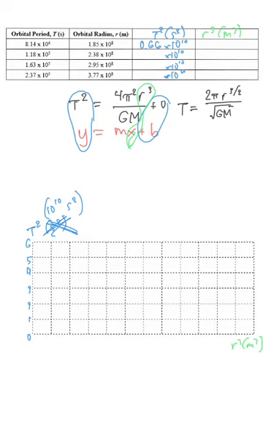The same thing happens with the r when you cube it. For the first value right here, you're going to get about 6.3 times 10 to the 24th power. But the remaining three values will all be times 10 to the 25th power. So for that first one, where you get 6.3 times 10 to the 24th, it's better to write it as 0.63 times 10 to the 25th power. And then just keep that same 10 to the 25th power for the remaining things with whatever the values are